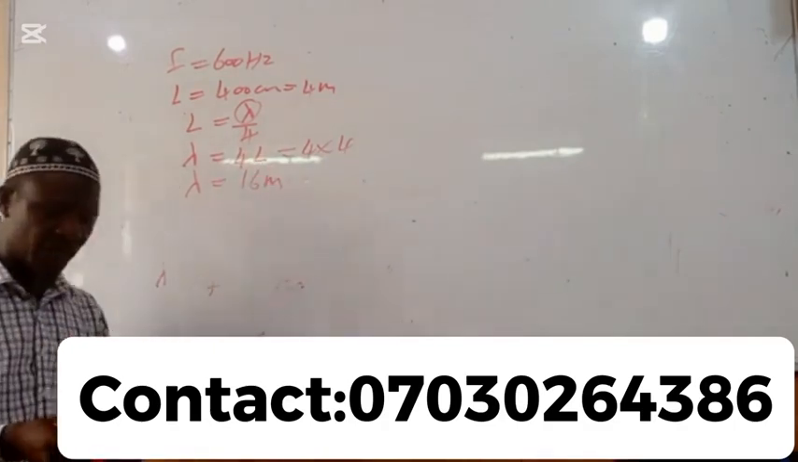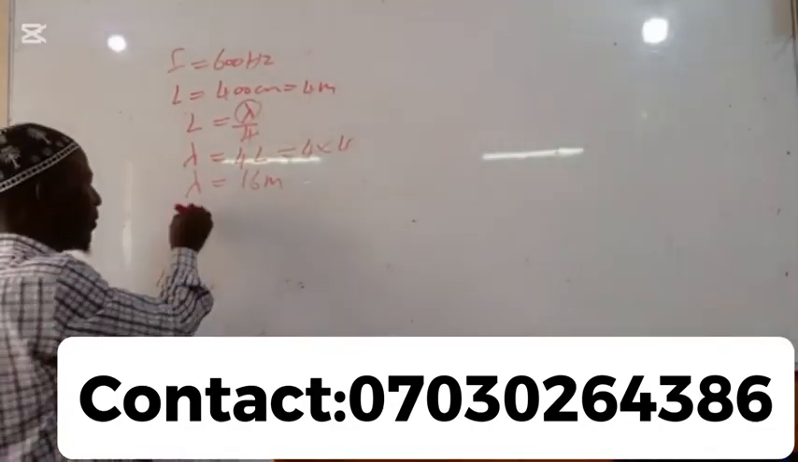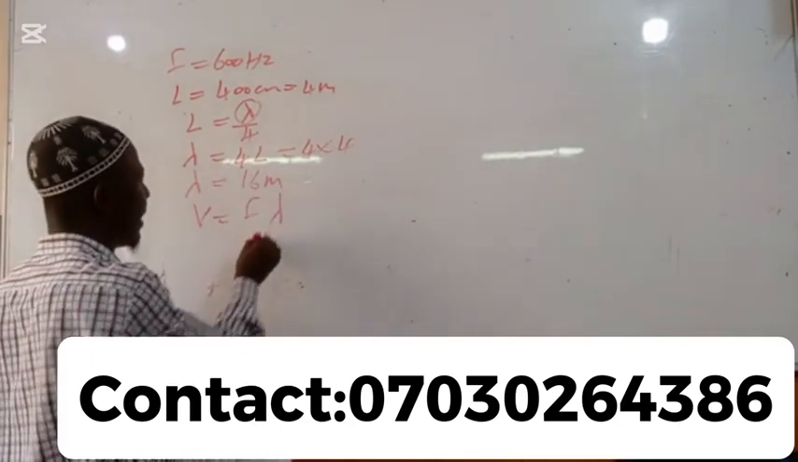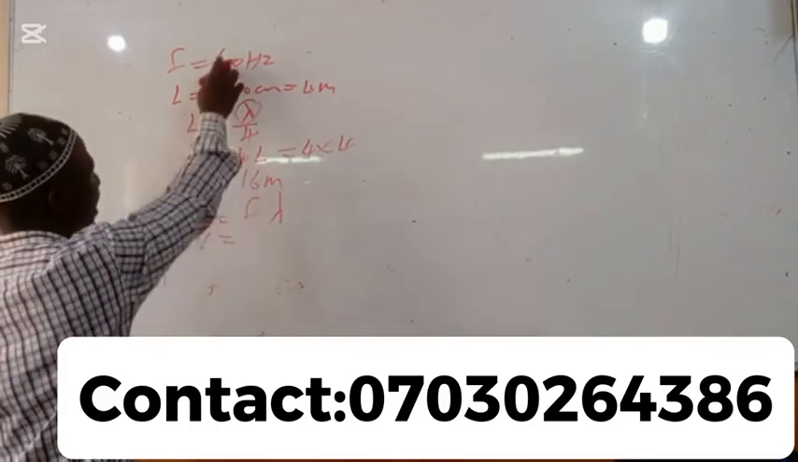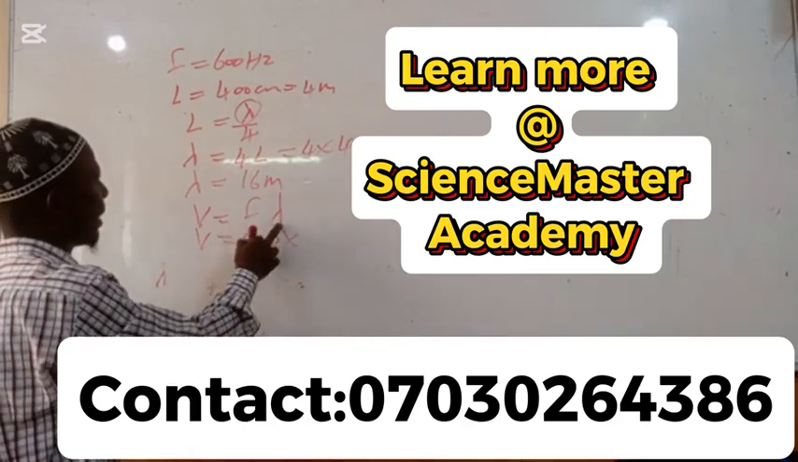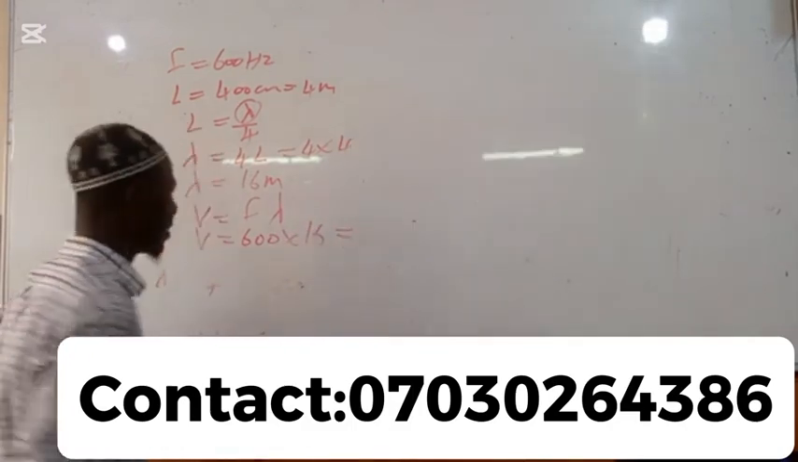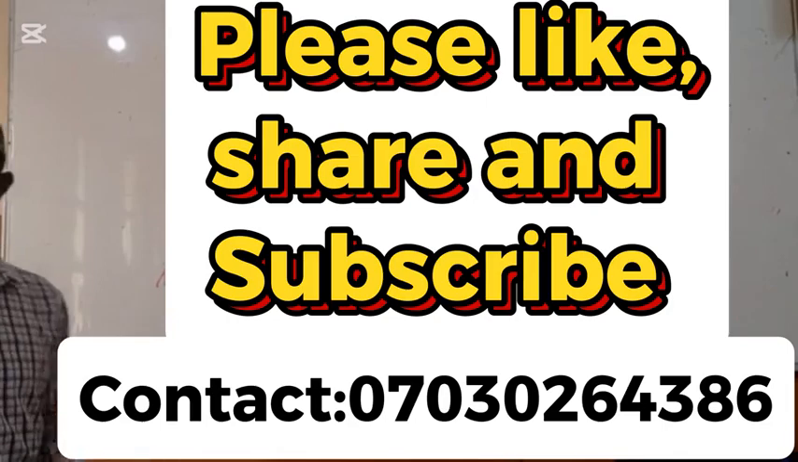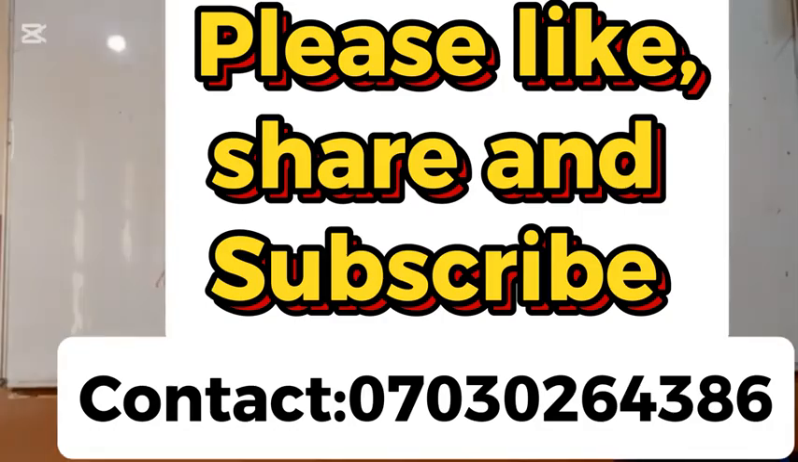Then the last question under it says determine the velocity of the sound. Then go back to the formula. V is equal to F lambda. So therefore V is equal to, what is F? They gave us F directly, 600, multiplied by lambda. We got lambda to be 16. Then you multiply it. Whatever you get is your answer, and it will be in meter per second. Very simple. So that is the end of the